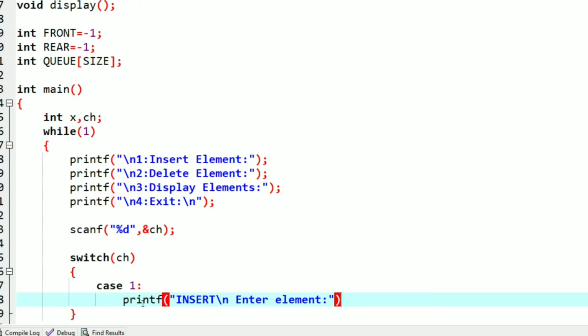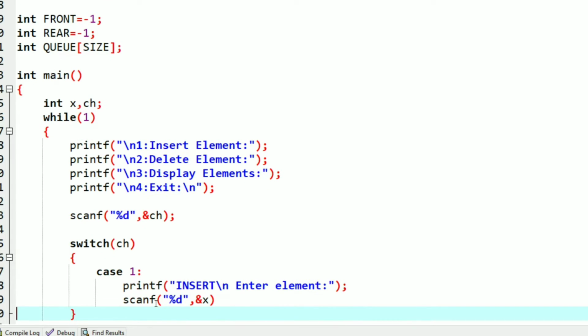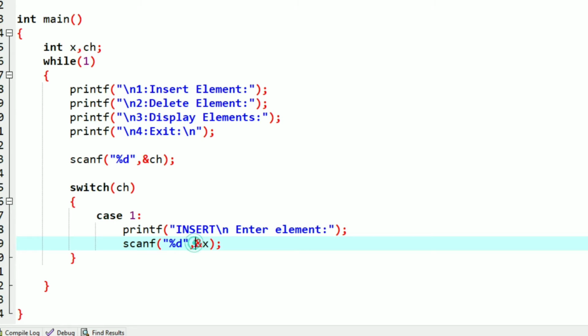So user will read this statement and he will enter the element. So we have to take the input, so we'll again use this scanf function by using format specifiers. And semicolon.